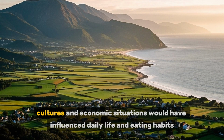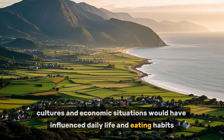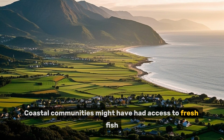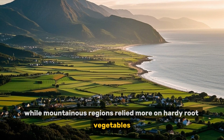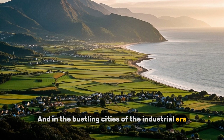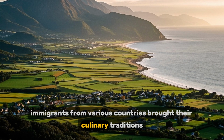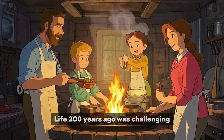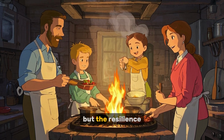Different regions, cultures, and economic situations would have influenced daily life and eating habits. Coastal communities might have had access to fresh fish, while mountainous regions relied more on hardy root vegetables. And in the bustling cities of the industrial era, immigrants from various countries brought their culinary traditions, creating a melting pot of flavors. Life 200 years ago was challenging, but the resilience,